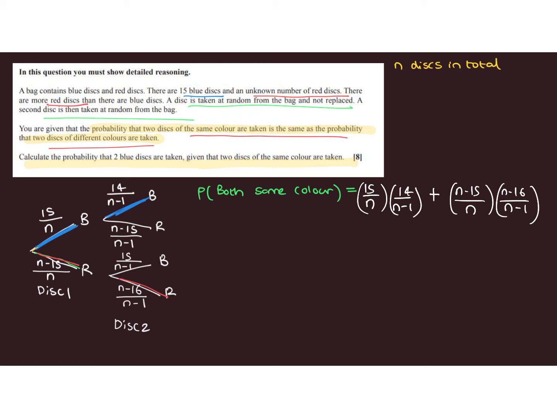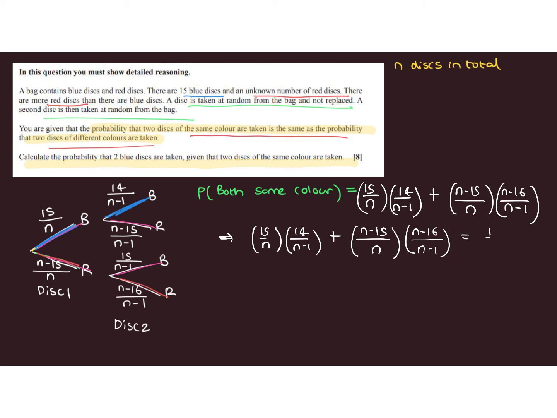Now, the options for two different discs being taken must be covered by a blue-red or a red-blue path. If the probability is the same in this situation, the two options, both the same colour and both being different colours, must have a probability of a half each. Otherwise, there is no way that this will add up to 1. So it follows that 15 over n multiplied by 14 over n minus 1 plus n minus 15 over n multiplied by n minus 16 over n minus 1